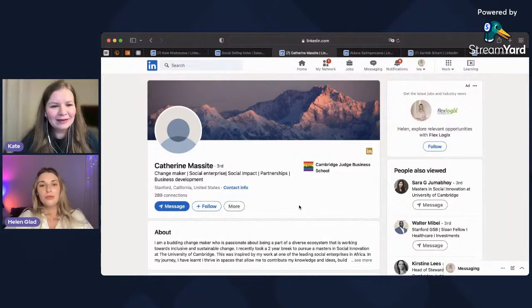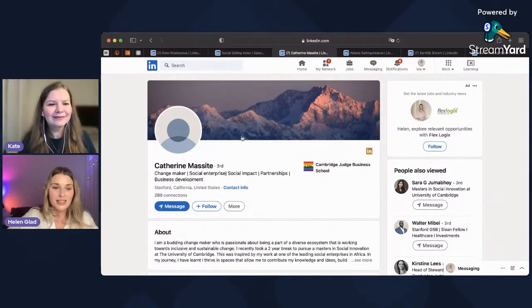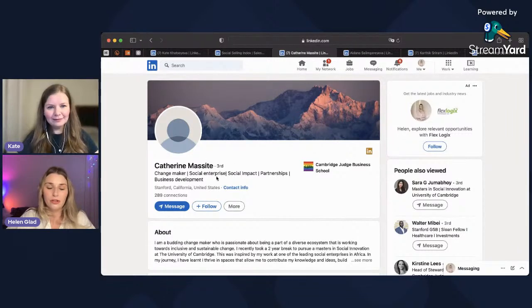I won't repeat everything again because I think that we talked with Kate about her profile a lot, and I think that everyone recognizes what problems they have with their profile. But as you can see, we can't see any picture of Catherine right now because we're in a third connection. So it's like a very far away connection. So we don't have any common friends. And I didn't connect with Catherine on purpose because I wanted to show that Catherine, you have the specific settings,